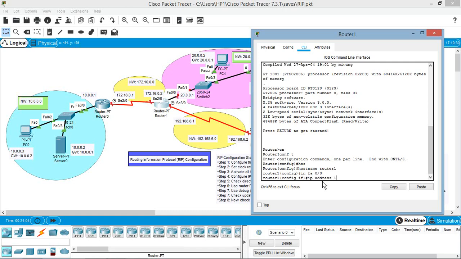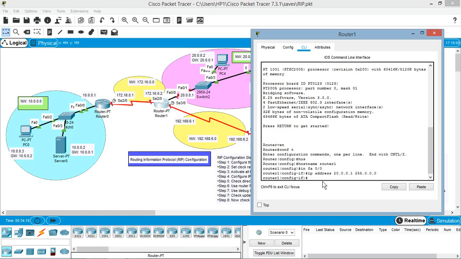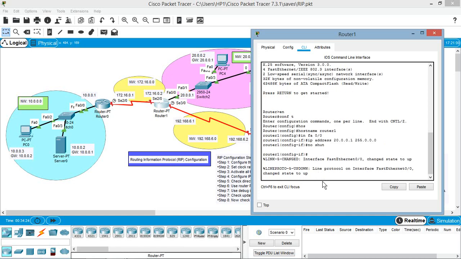The IP address on FastEthernet interface 0/0 here is 20.0.0.1. It is class A, so the mask will have only 1 octet high and the remaining 3 octets low. The IP address is configured on this FastEthernet interface. Now let us activate this interface using the no shut command. Now the interface is active.